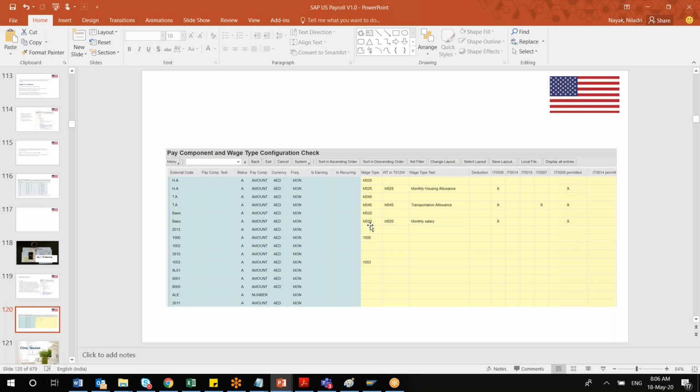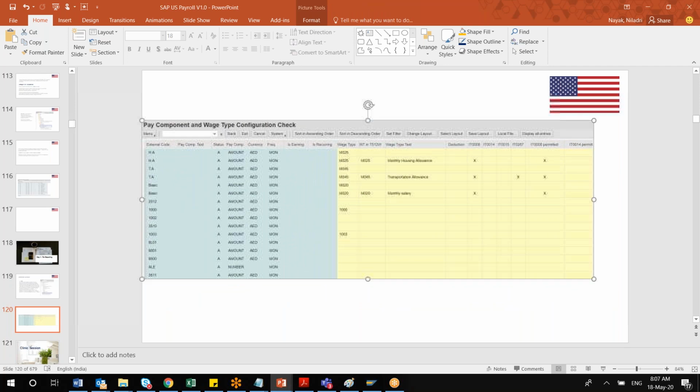ECP is nothing but your on-premise only, right? So in the on-premise, you have configured all these wage types. The corresponding pay component should be visible in the first or second column. It is actually not a configuration check, rather it summarizes. For that reason, it is called pay component wage type configuration check. In a single field, you will find it.